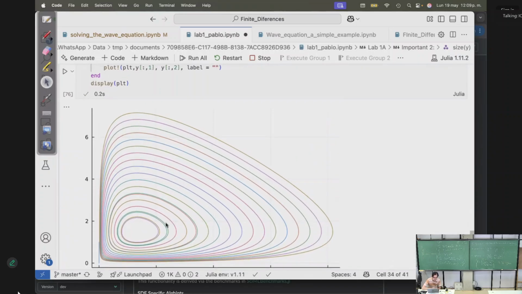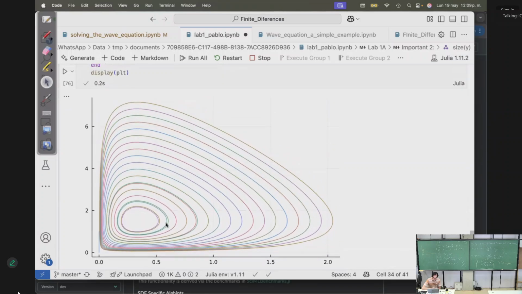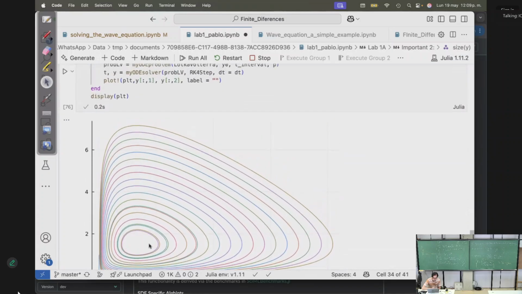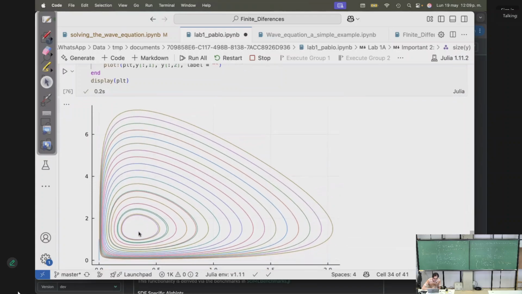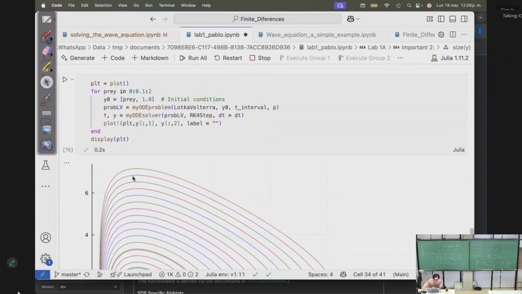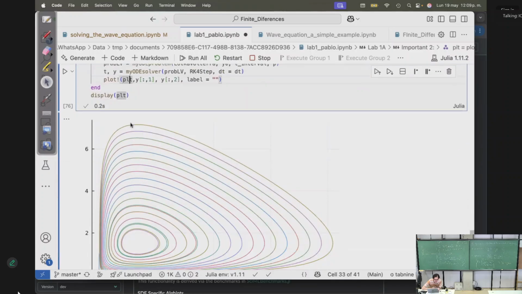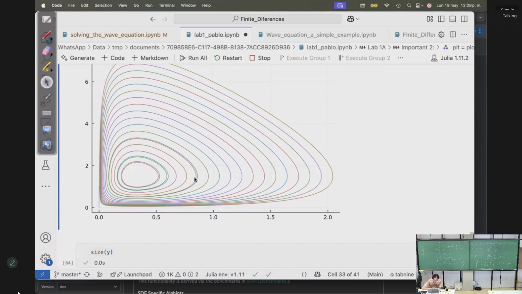So we see that if we start with different initial data, we will get different curves, right? Yeah, so this is okay, perfect. So we will get different curves with different initial data, and there is a fixed point right there we will